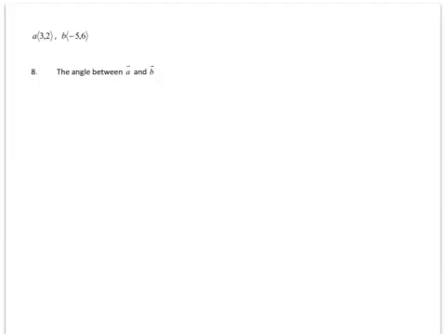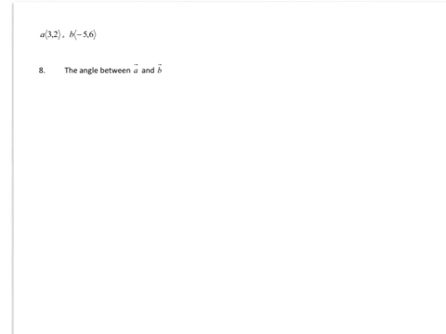This is number 8 on the vector review. This is the one that had the blank spaces for your answers. We're finding the angle between two vectors, A and B. And so we have a formula that we need to use for this. And the formula is